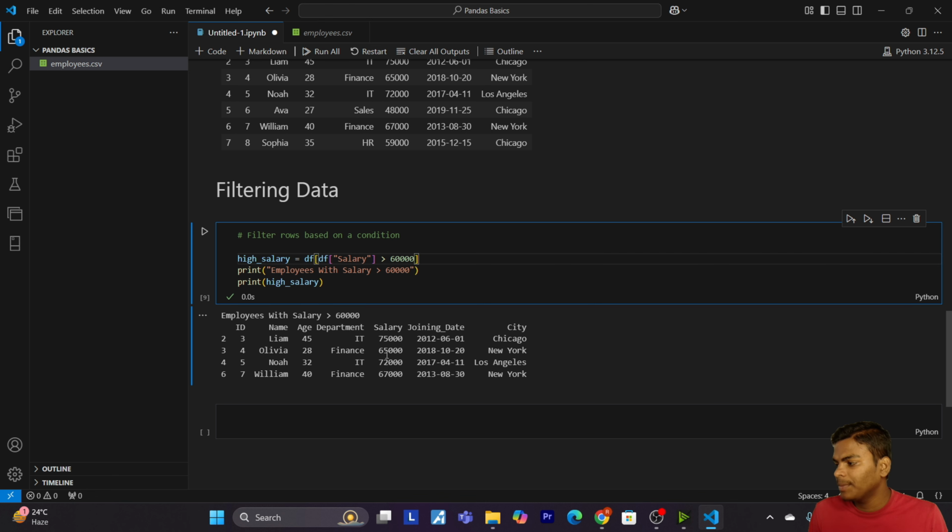As you can see, 75,000, 65,000, 72,000, and the last 67,000. So what this line does is that it filters rows where the salary column is greater than 60,000.